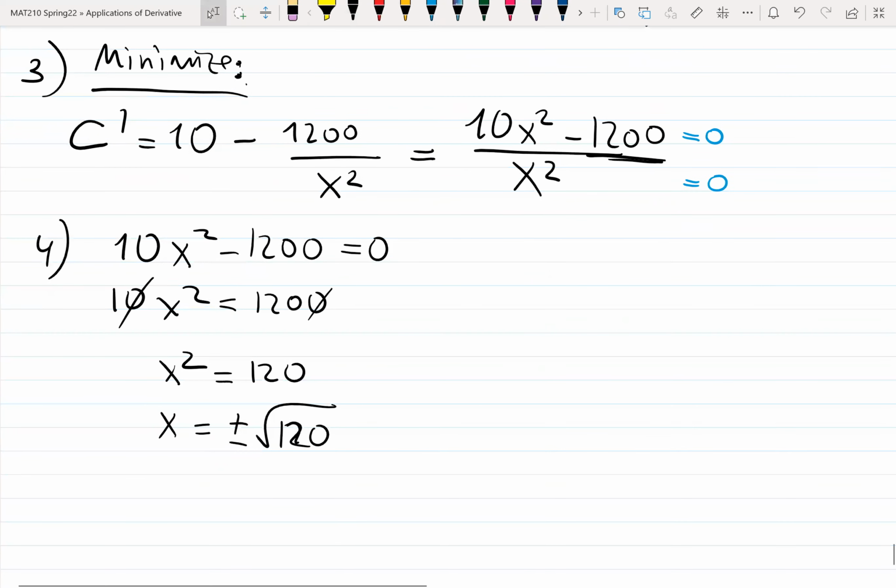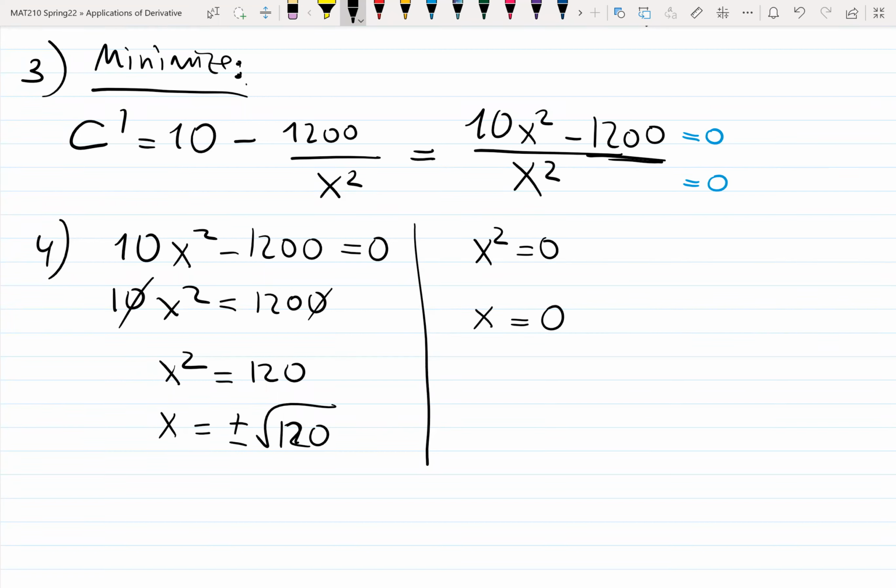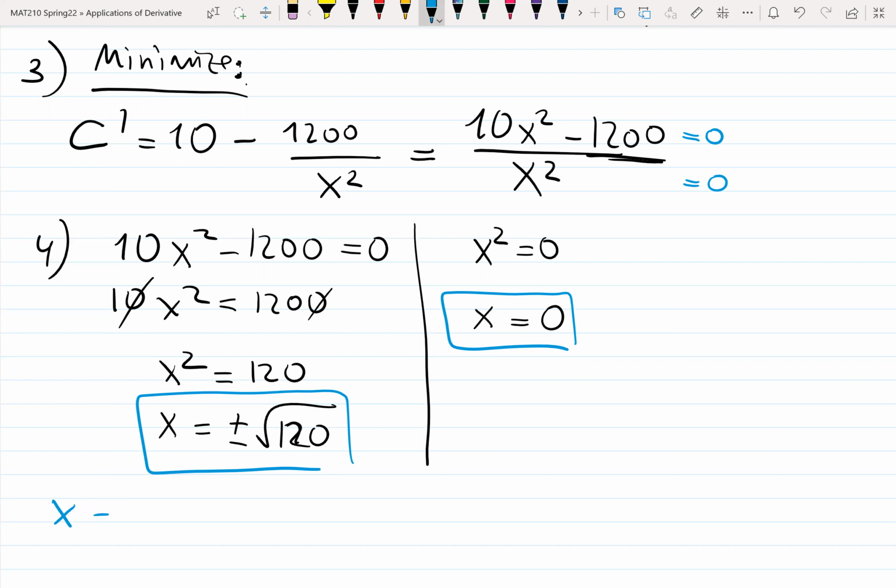But you have to be in the domain. Well, let me actually finish the second part. X squared equals 0. That means x is plus minus 0. But that's just it. So I have 3 points, plus minus square root of 120 and 0. But x should be in the domain. X is the side of the fence. The side of the fence should not be 0 or negative. So since x is the width in feet, then we have only one option. X should be plus square root of 120,